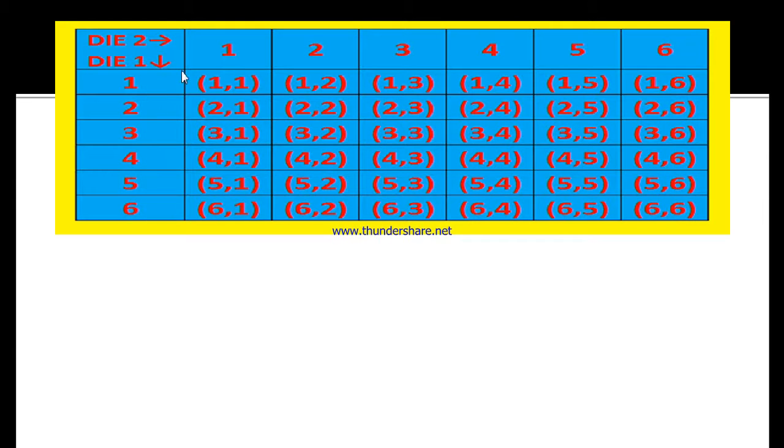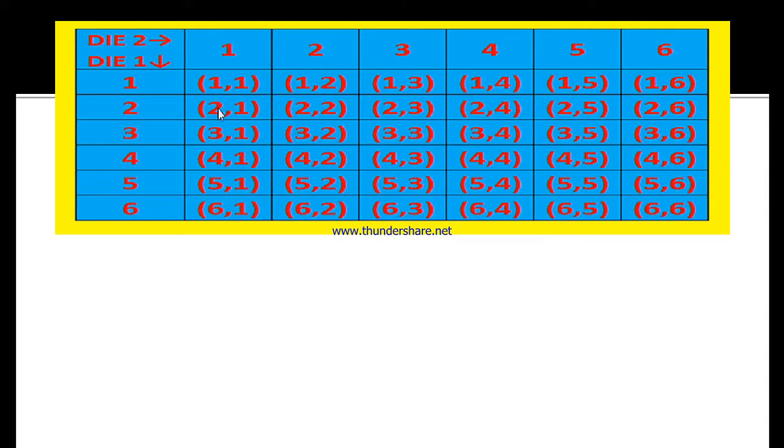Now we are rolling both the dice at the same time. Means the first die score may be 1 and the second die score may also be 1. Or first die score may be 1 and the second die score may be 2. Or first die score may be 1 and the second die may turn up 3. Or first die may get 1 and on the second die we may get 4. Or the score on the first die may be 1 and the score on the second die is 5. Or the score of the first die is 1 and the second die may be 6.